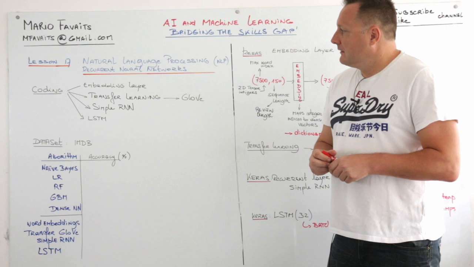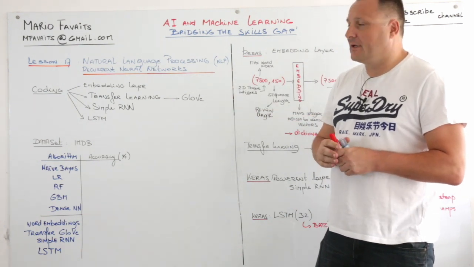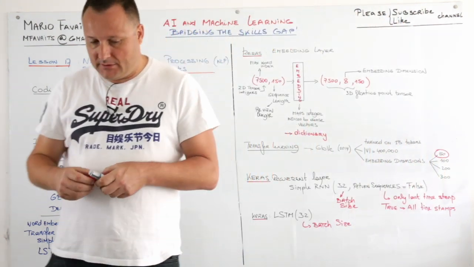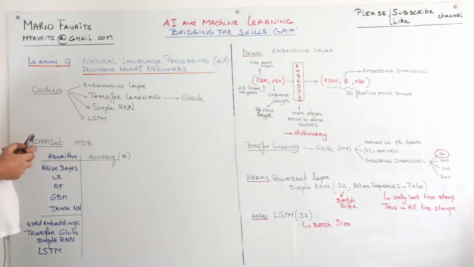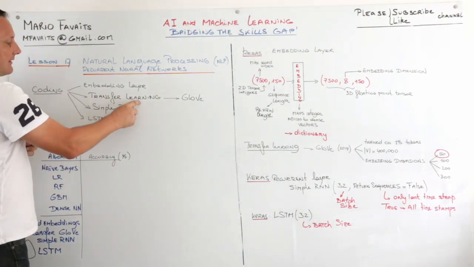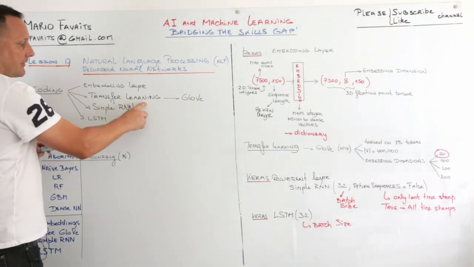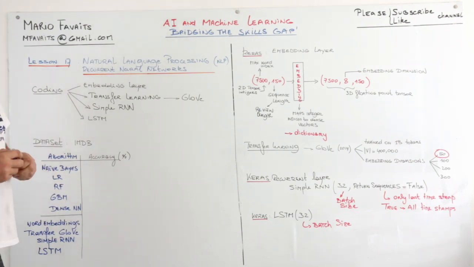Alright, let's do some coding with respect to natural language processing and recurrent neural nets. What will we do? Well, we will look at an example of an embedding layer, and we will look at an example of transfer learning. So in transfer learning, what we're going to do is use pre-trained GloVe embeddings in order